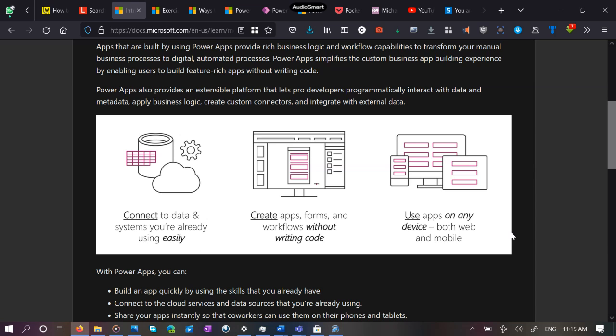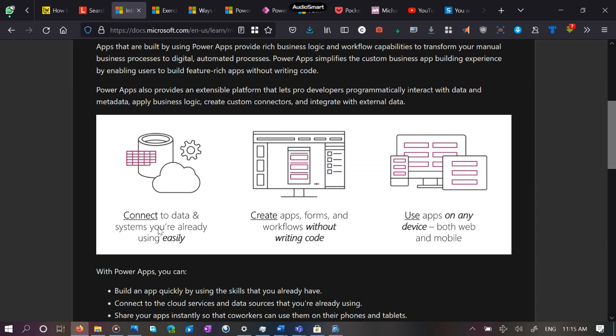That might sound a little scary for some of you, but basically they essentially allow you to interact with the data in your system, connect to the data with your system, apply logic of how that data should work or where it should flow and how it should go on and so on, and integrate even with external data that's coming from other sources. So this diagram pretty much sums it up.